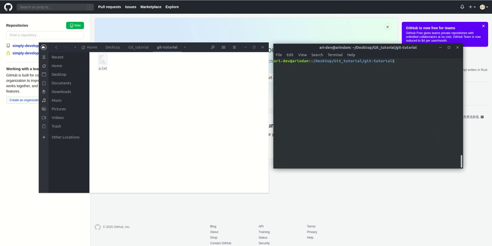So hard reset is done, soft reset also, and now we move forward to merge. How to merge? So git checkout -b to create a new branch and switch to that new branch. That new branch name is git tutorial 2. Oh sorry, spelling mistake.